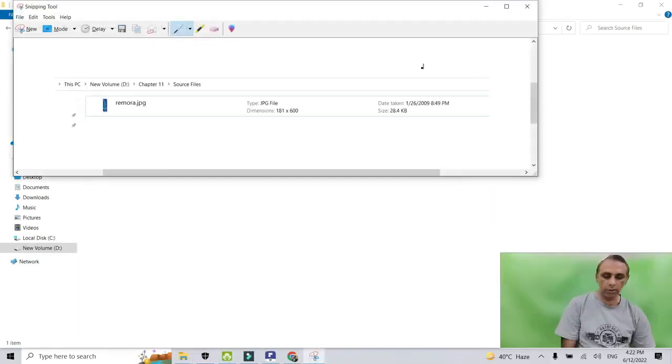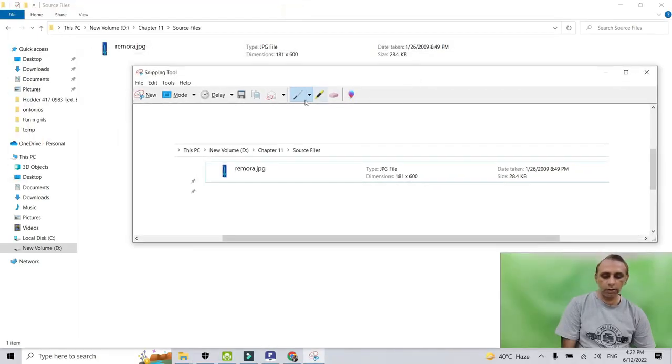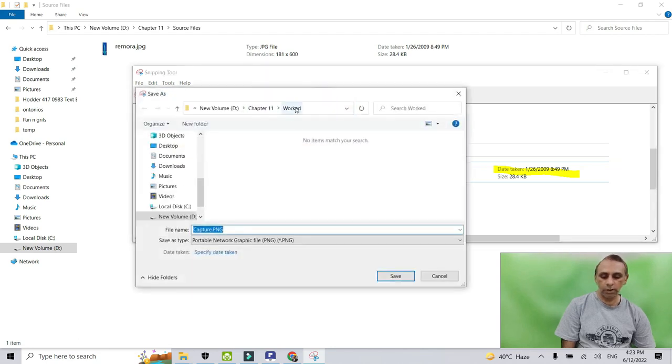like screenshot of this. In this screenshot you can see date of taken. I just copy paste, so date is in 2009, but you save this file as a new picture. So your current date appear here, and dimensions is here, and path is here. So I save this file in our work folder,